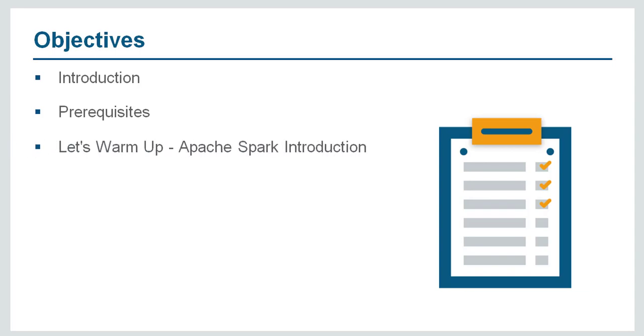Section 3 is let's warm up. In this section, we will give you an introduction of Apache Spark, its components and the scope of CCA 175. We will also tell you how to start Spark shell on the cluster. Section 4 is how to transform, stage and store the data. In this section, we will tell you how to convert a set of data values in a given format into new data values or a new data format and write them into HDFS. For example, reading a JSON file, performing transformations and saving back the results in HDFS in Parquet format.